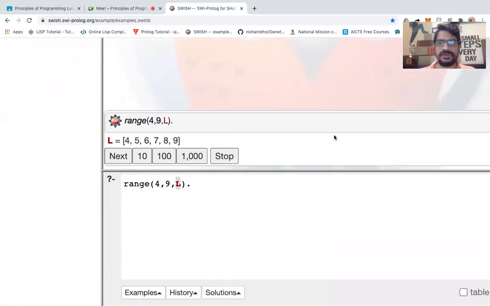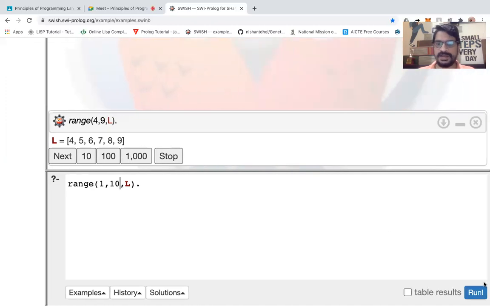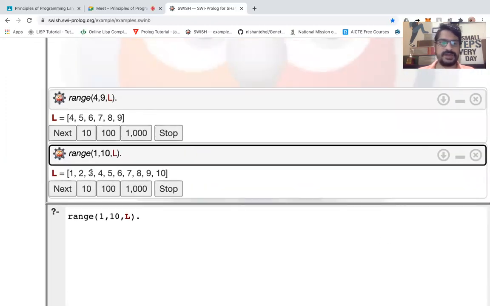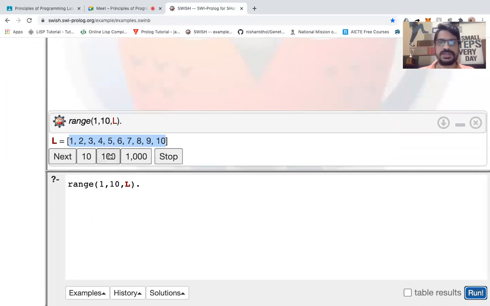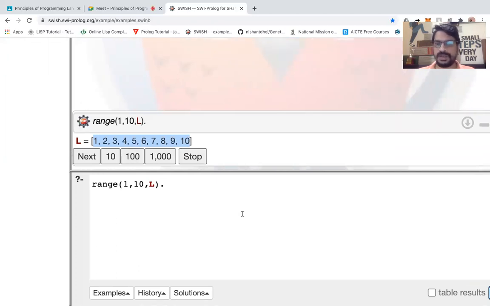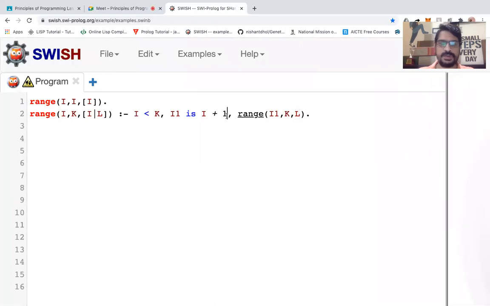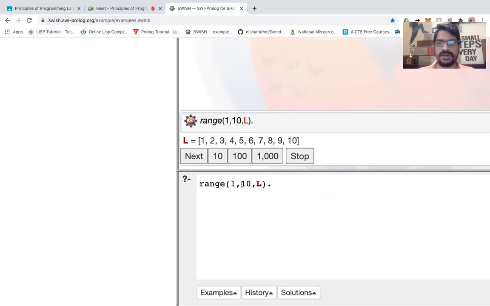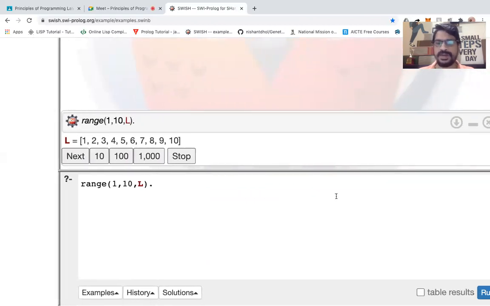So when we are querying it, let's say the initial value is 1 and the final value is 10. I want the numbers from 1 to 10. How can I do that? With the help of this, we can do it, right? So it is printing the numbers 1 to 10. Now this is incrementing by 1. You can increment by 2 also by putting the logic here. I'm putting 2. So now it starts with 1 and ends with 10, but it increments by 2.